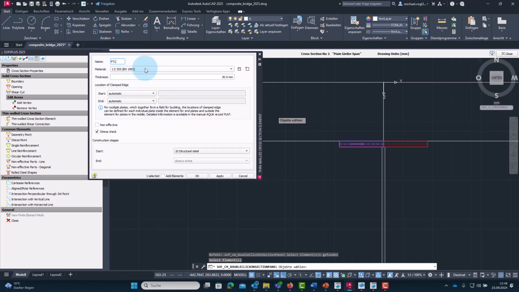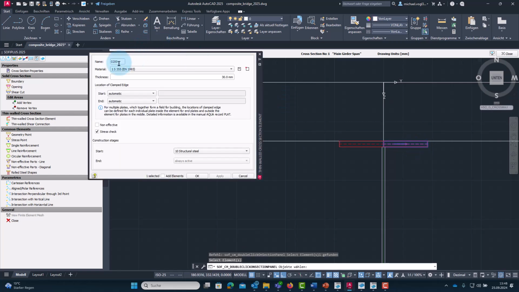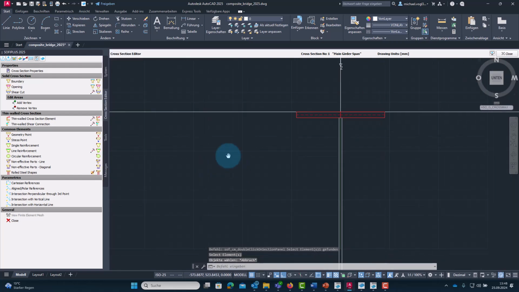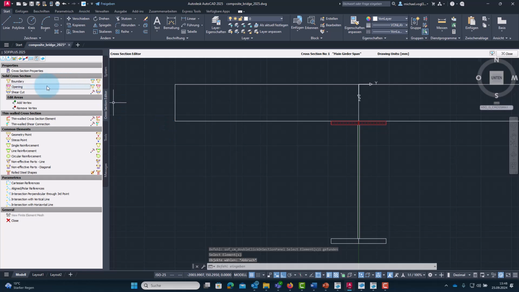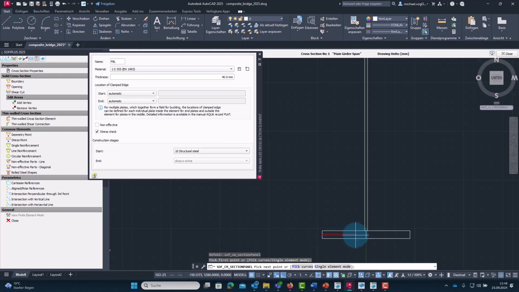So here I assign FTL for flange top left, and FTR for flange top right, and then proceed with the bottom flange, which has a thickness of 40 millimeters and should also be assigned a name, so flange bottom left, flange bottom right.